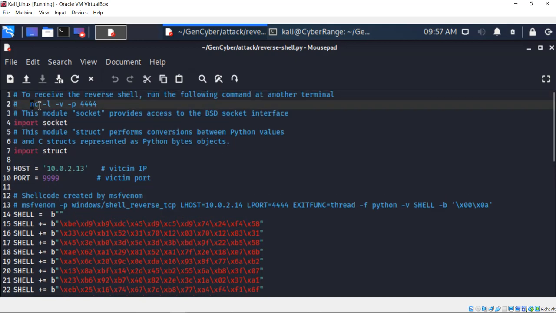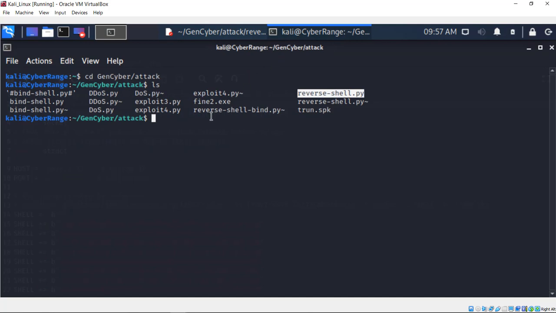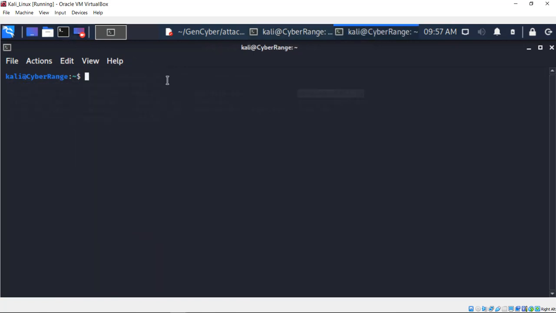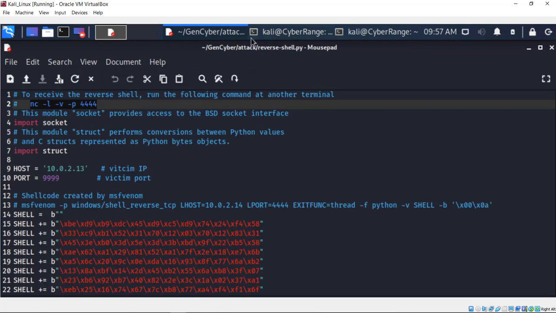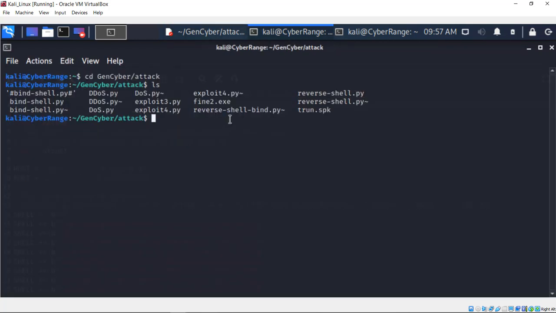Okay. And so we need to actually run a server using this netcat to capture the connection that is going to connect back. And so let me start another terminal and run this netcat. Good. Okay. So everything's good. And so if we want to run this attack, we just need to do this, right? But I need to prepare